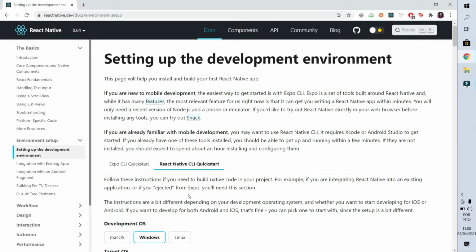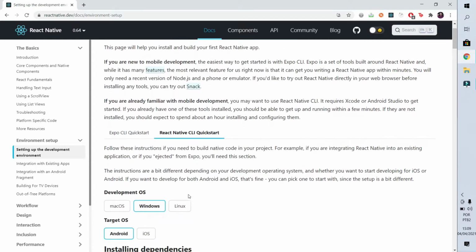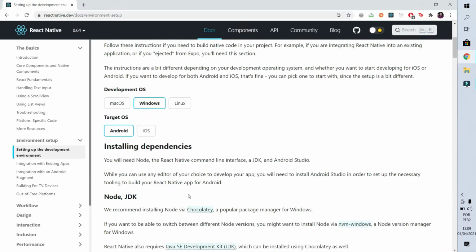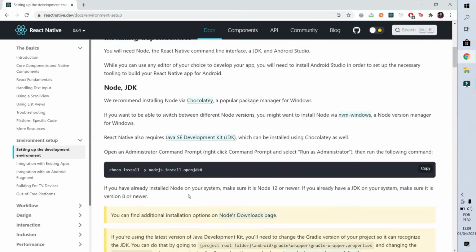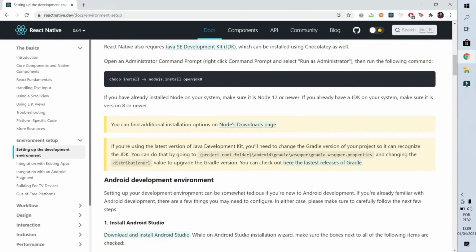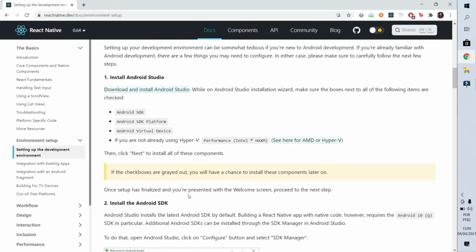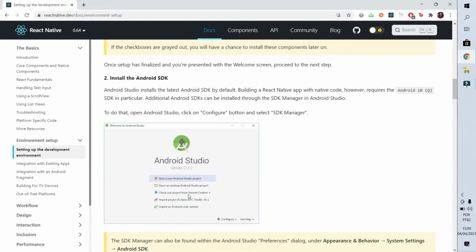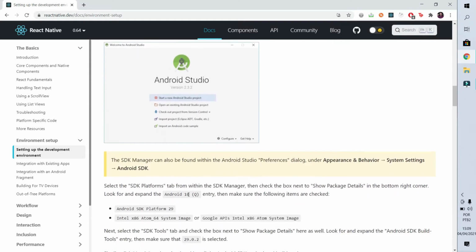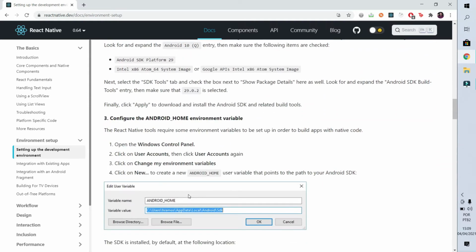So what I would recommend is to start a new project already going through all of this and using the React Native CLI, because you have to do this anyway in the future. And with the React Native CLI, you also have access to all the tools of the React Native world. Here are the instructions for you to perform this installation. You basically have to install Node.js, the Java Development Kit, which is the JDK, and also Android Studio. Just follow these instructions here and you'll not have many problems.